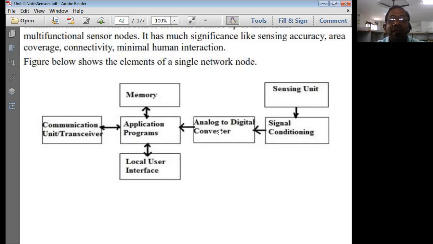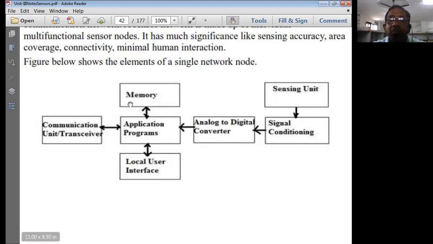See, this is exactly looking like a DSP system. What is the DSP system? The instrumentation system. So it is perfectly called an instrumentation system. Instrumentation system, what is the first unit? You're going to have the sensing element, signal conditioning, then conversions, then application programs normally going to interact with memory units, interfacing units, and communication units.